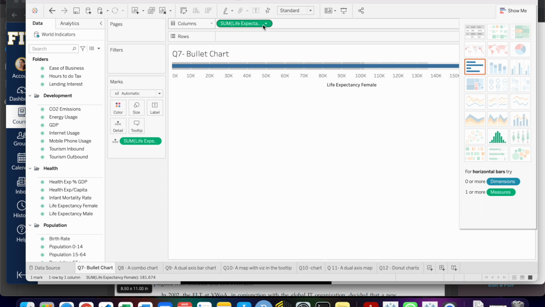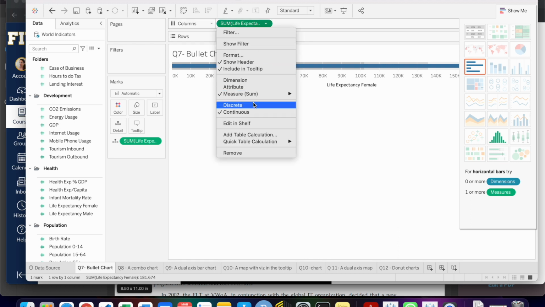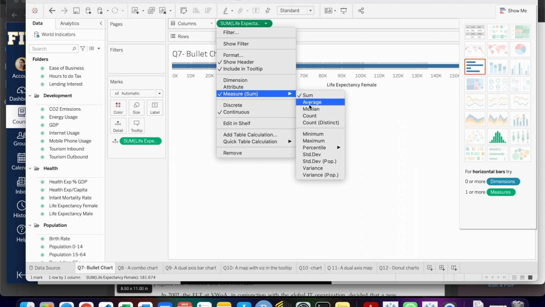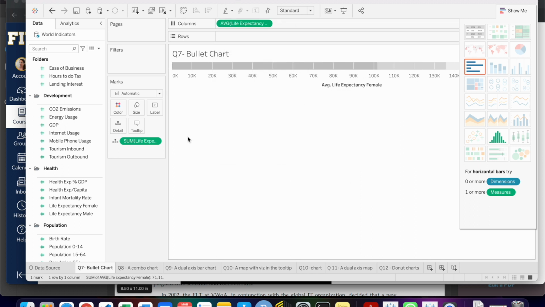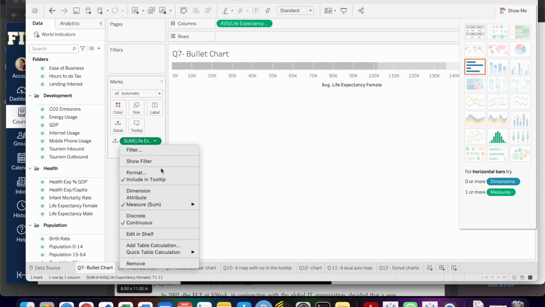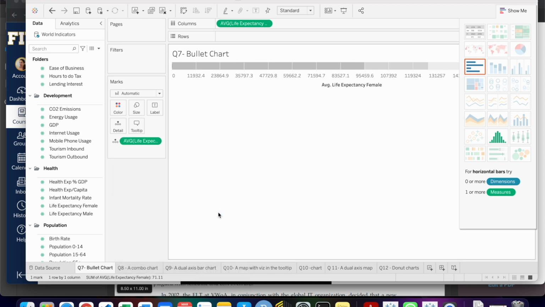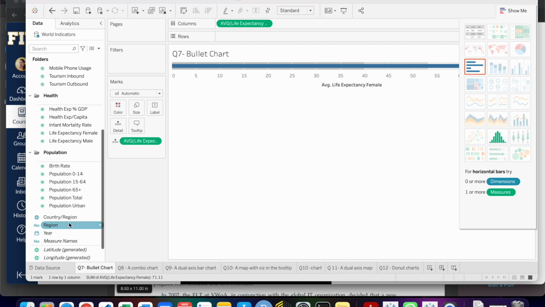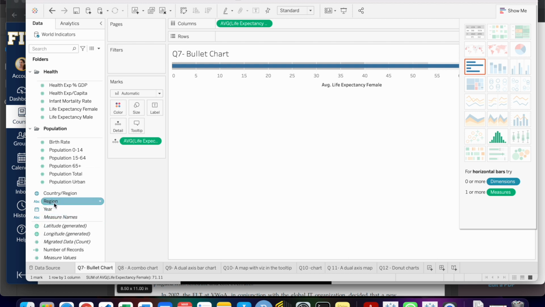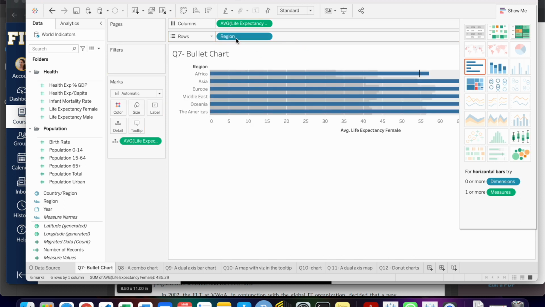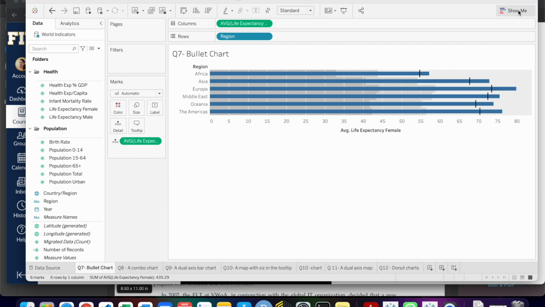After that, I see the sum, and I'm gonna change it to average, and also in the males, because I need to know where is the average, not the sum. Then I'm gonna choose region to see where is higher the life expectancy,